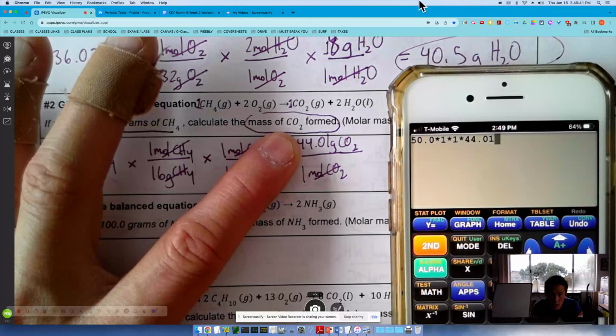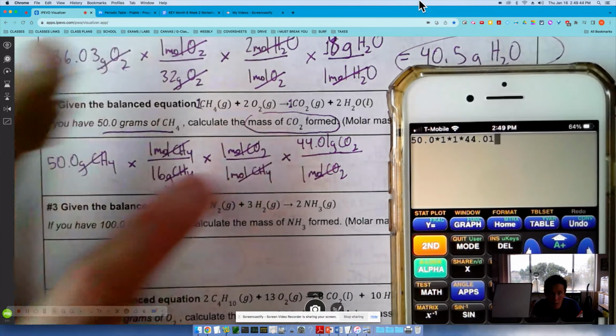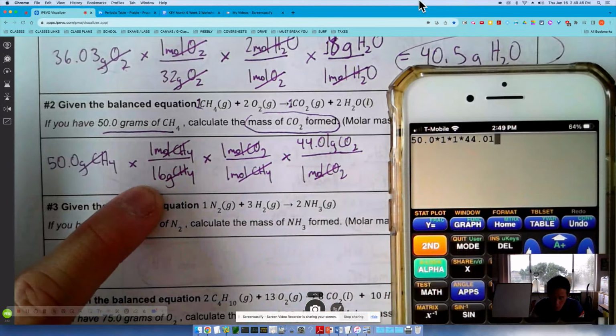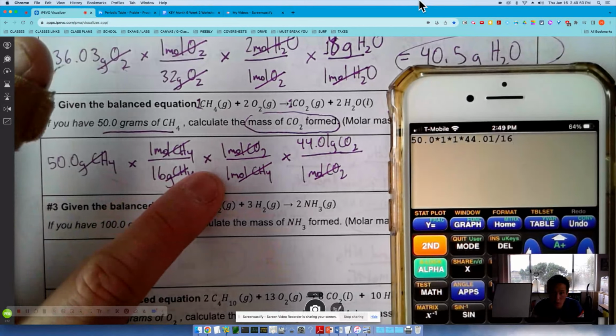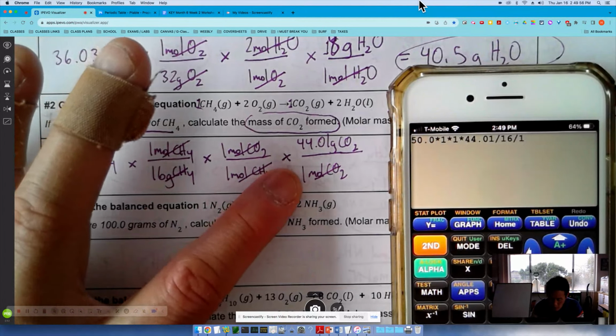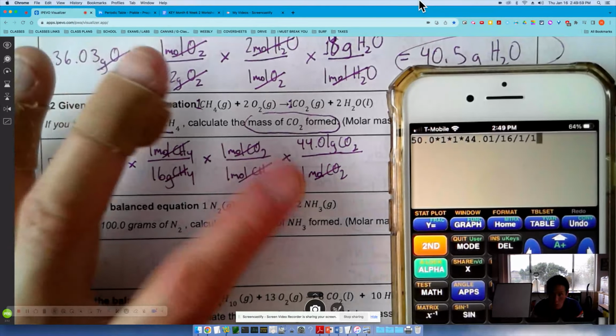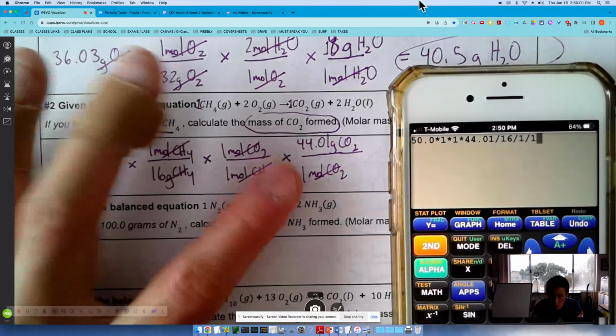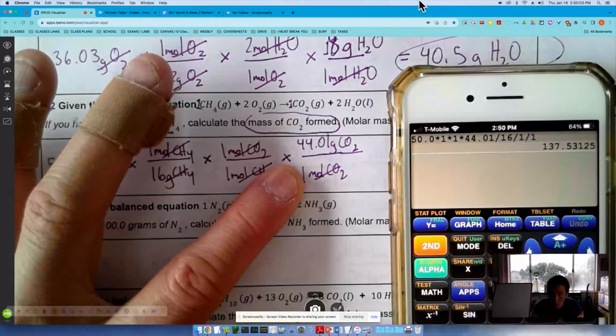And then, in the same entry on my calculator, I'm going to divide by all the numbers on the bottom individually. Divided by 16, then divided by 1, then divided by the last 1. Let's press enter, and my answer is